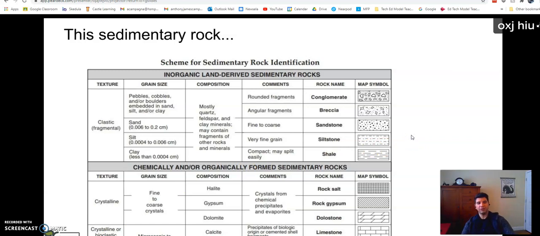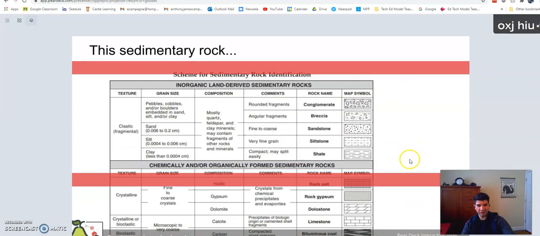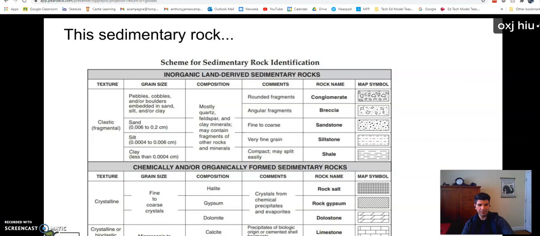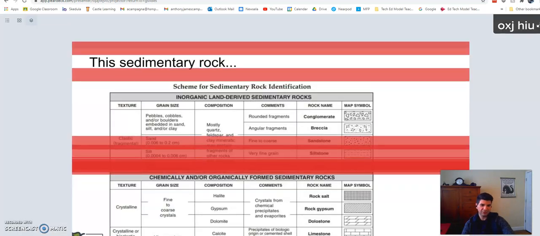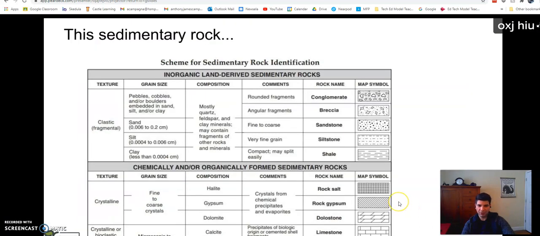Okay, so right now you have a slider, and you can drag that slider up and down. You can put it wherever you want. I'm going to ask you a few questions. We're going to start off with one that's relatively simple. I would like you to highlight the rock sample where you would find it mostly made of particles that are 0.1 centimeter in diameter. Drag your slider to the correct spot. We're looking for 0.1